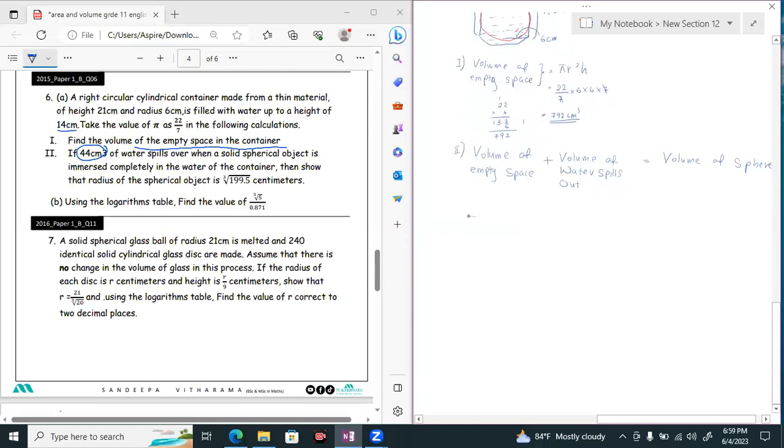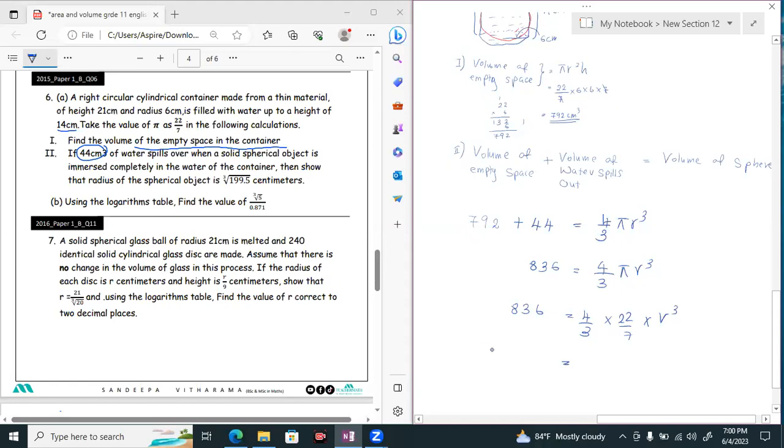Then volume of empty space is equal to 792, add 44, is equal to volume of a sphere, which is 4/3 pi r cube. Then when you add these two, it is 6,836 equals 4/3 pi r cube. Then when you substitute 22/7 times r cube,